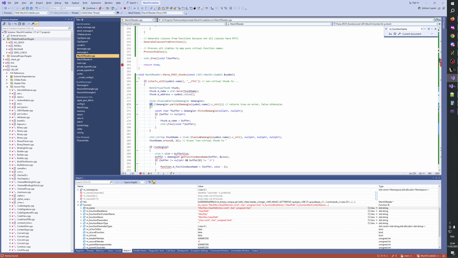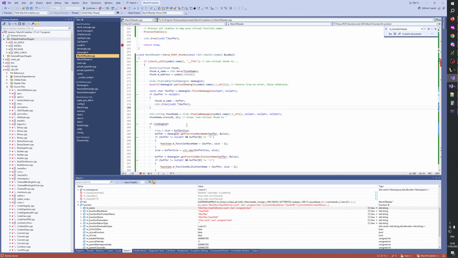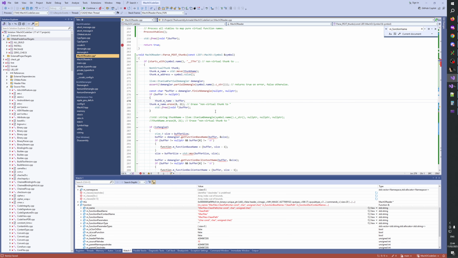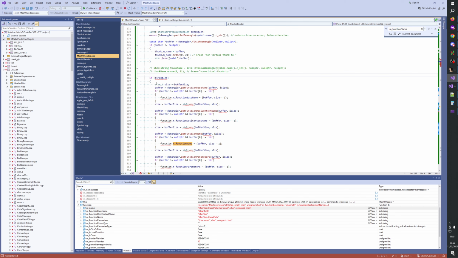How about we say assert buffer. Okay, mname. Let's comment this out, and we say thunk name erase. There we go. All right, buffer. Okay, and then here we do